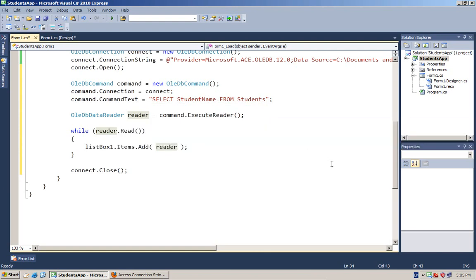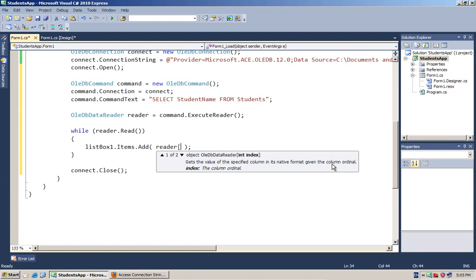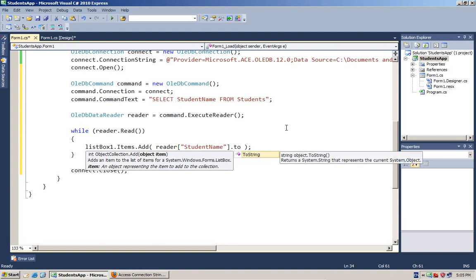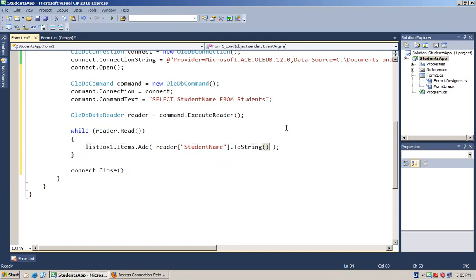This reader has overloaded the square bracket operator twice. 0 means for the index. For instance, I have only one column, so I can use either a 0 or a string, just like in this case. String is basically student name, and of course it will return an object, so I need to cast it also.